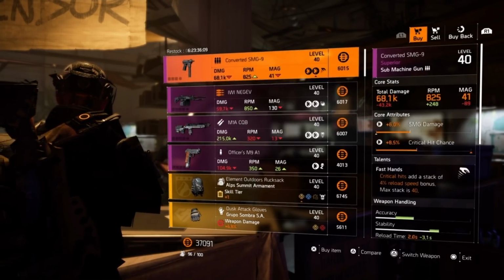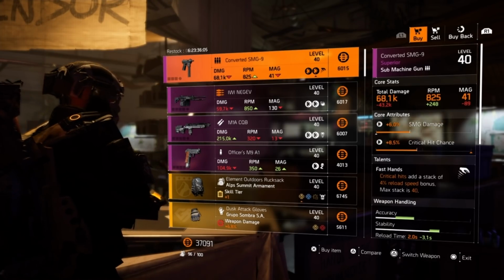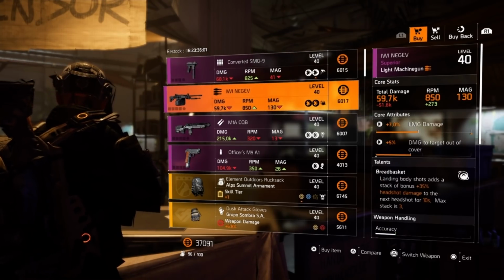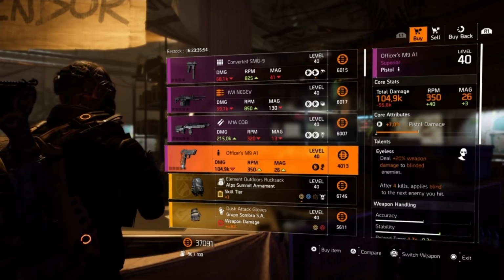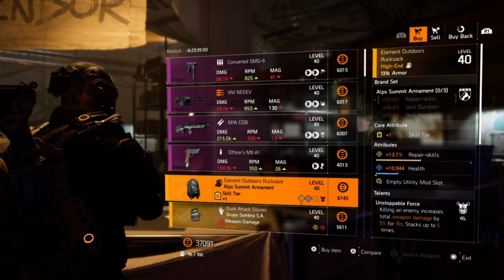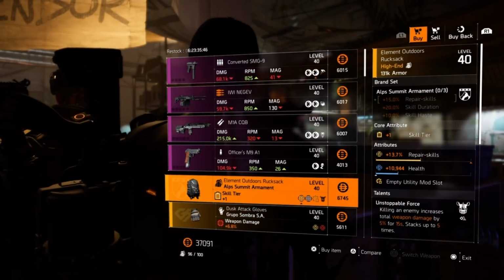Okay, a little different. As far as the clan vendor, it is the same. As far as the New York vendor, Covert SMG 9 with Fast Hands, a Negev purple with Red Basket, M1A CQB with Close and Personal, officers M9A1 with Eyeless, an Alpine Summit backpack with Unstoppable Force, 13.7% repair skills, 10,944 health, +1 skill tier,